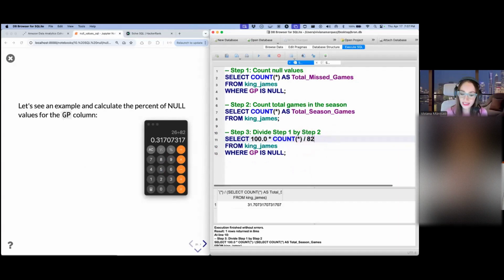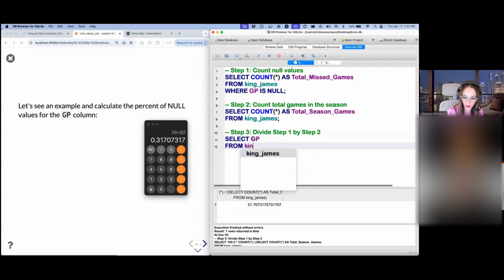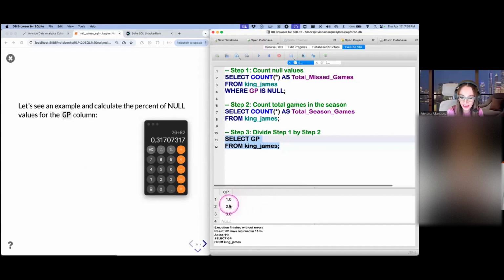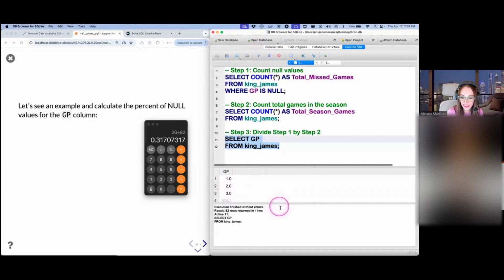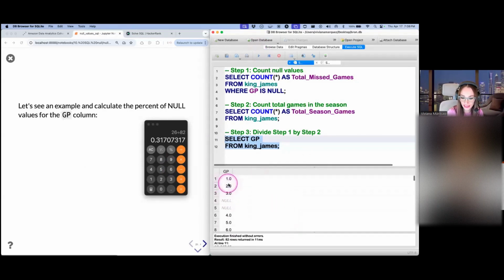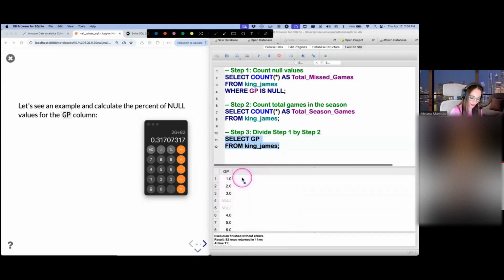So the way they solved this issue in Codio was actually by creating an auxiliary column. What do I mean by this? So let's look at our GP for a second. So from select GP from King James, and I'm gonna run this. And this is just showing the GP, but I could create another column where if LeBron played,